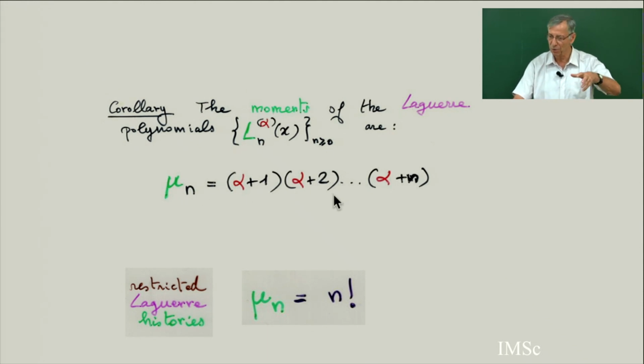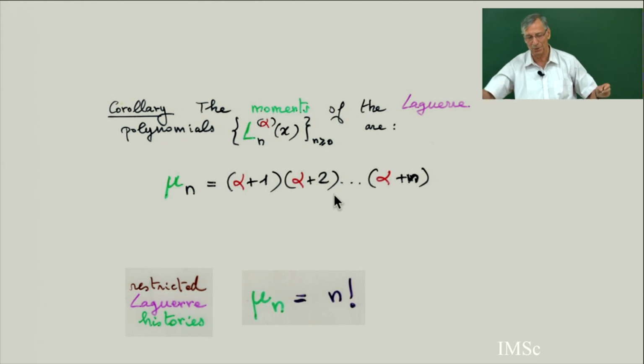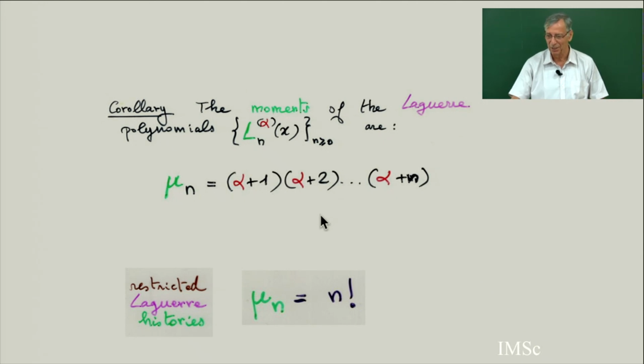So this will be very useful for the PASEP. In fact, there are 2 parameters, alpha and beta, and this will more or less correspond to alpha, one possible choice at the beginning, and beta the maximum choice. But it's more complicated than this. The idea is that alpha and beta correspond to the extreme choices in the Laguerre history, and this corresponds to alpha and beta in the PASEP model in physics. And there is also a q, which is more difficult to handle, but the q will be for the next chapter, where I will concentrate on the q coming from the PASEP and the q-analog of Laguerre polynomials.